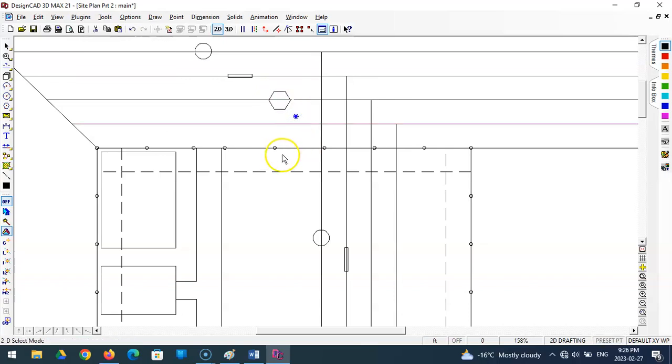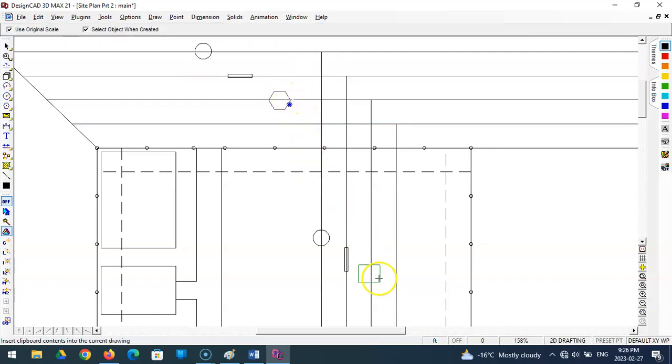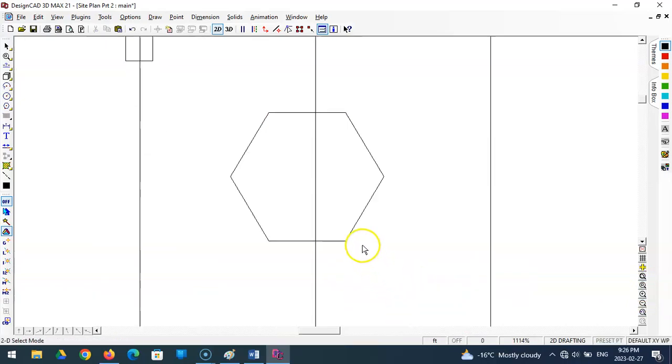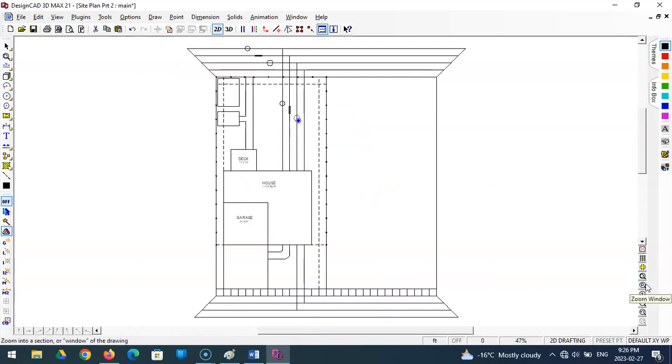That's looking good. Now this one I don't think I need to rotate, but we'll see. Control C, Control V, and we're going to bring that here. Yeah, that's looking pretty good. Let's zoom into that. Need to just move it over a bit. And then our last symbol, which is going to be,